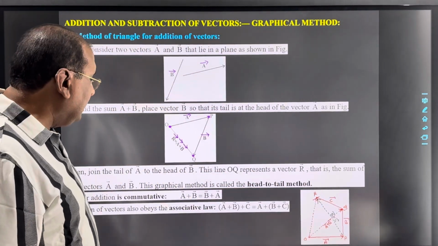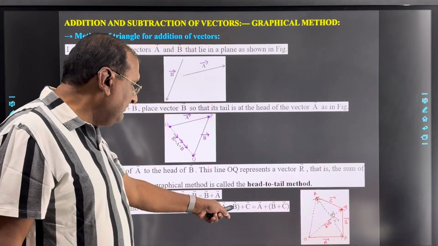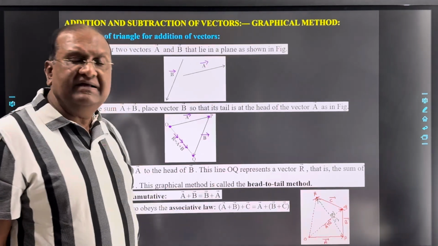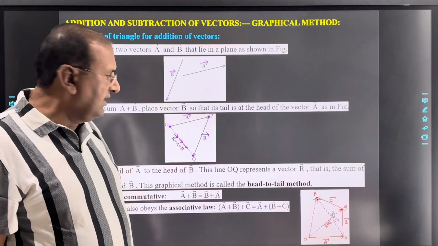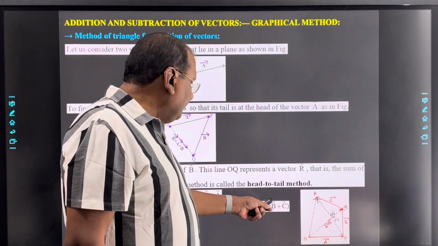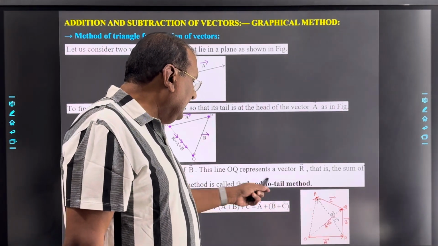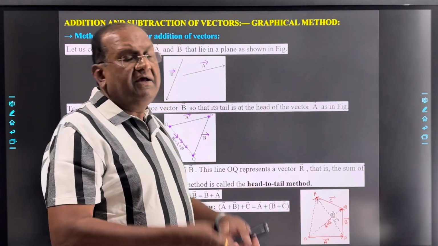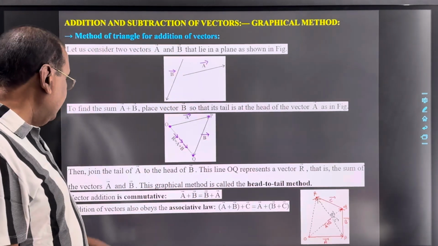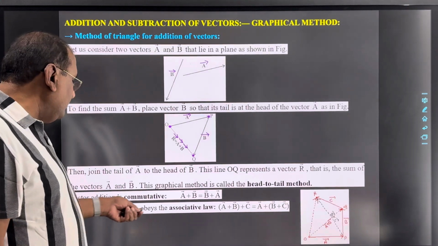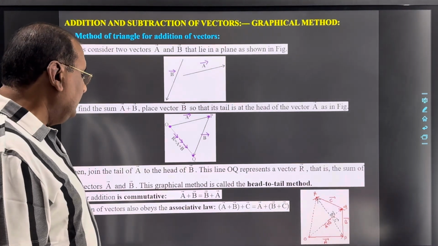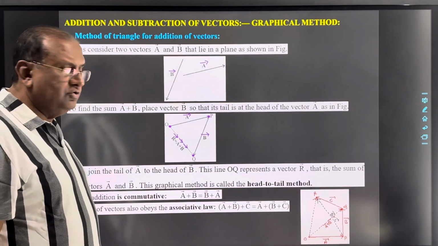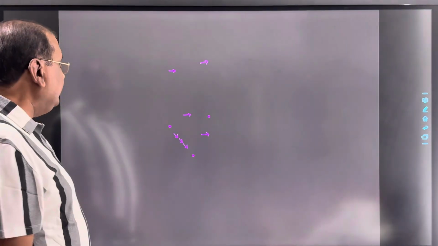It implies that if you take first A plus B and then add C to it, or if you take first B plus C and then take the summation of it with A, your result will be the same. So we can say addition of vectors obeys the associative law also. Clear? Now see,